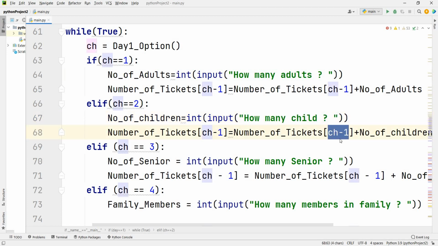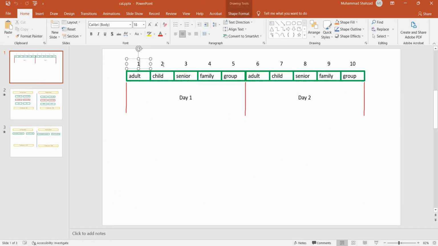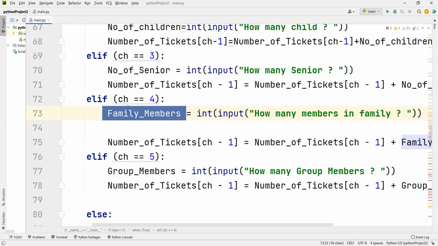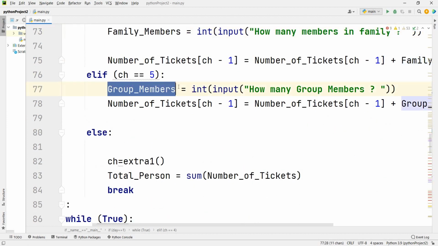It will store the value at index number 1. Here I am showing the options 1, 2, 3. These are the options, not the index numbers. The index number is -1. If you enter 3, it will store the number of seniors. For 4, it will store the value for family members. Number 5 is group members.